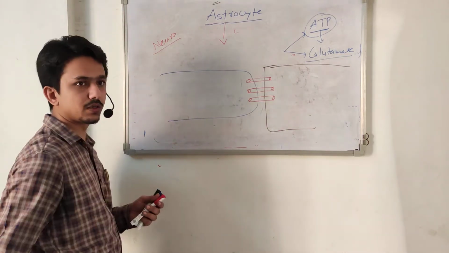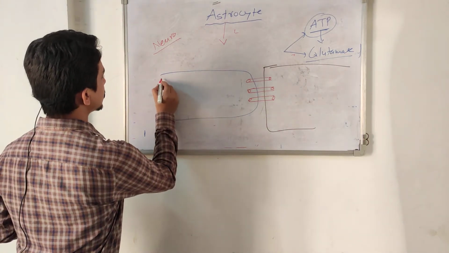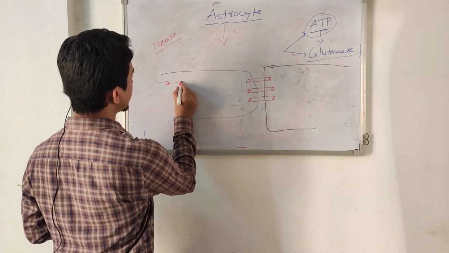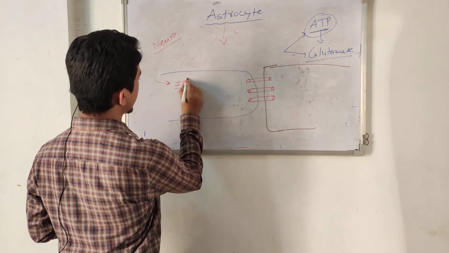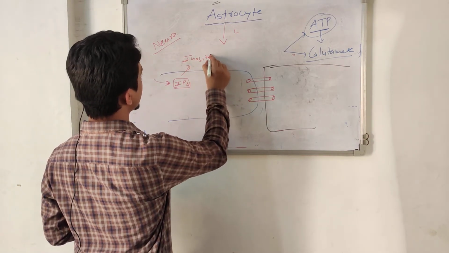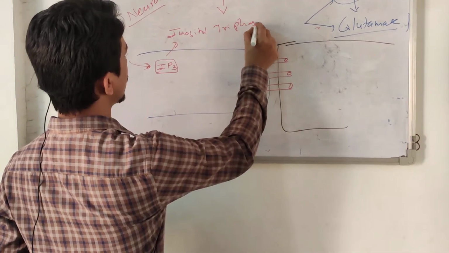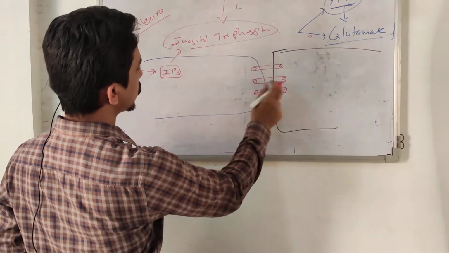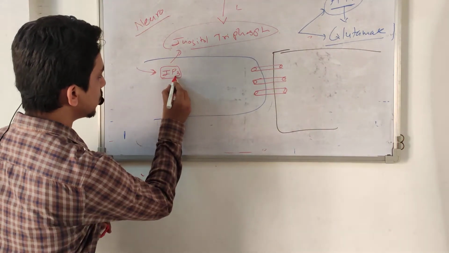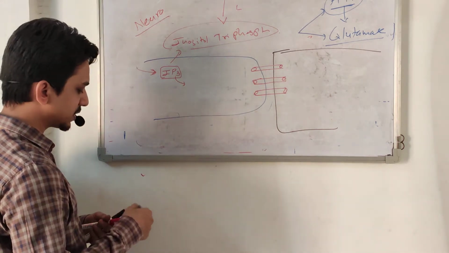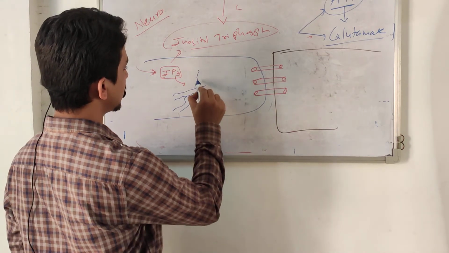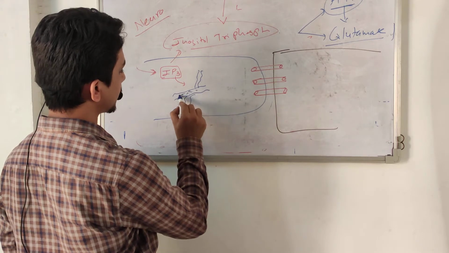Whenever some stimulants occur from here, they produce an internal messenger, IP3. This is called inositol triphosphate, which is a chemical messenger between two neuroglia, two astrocytes. What does IP3 do? It stimulates the internal organelles, especially the endoplasmic reticulum. You know what is the endoplasmic reticulum? It is a tubular structure which is filled with fluid and a massive amount of calcium.